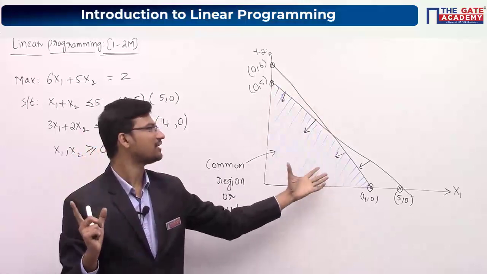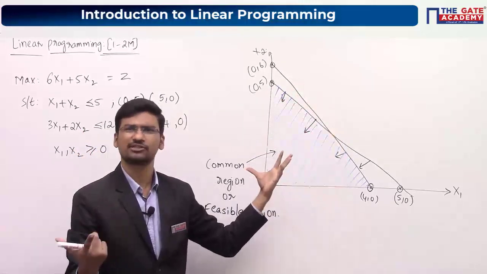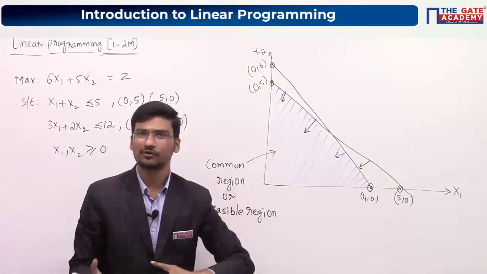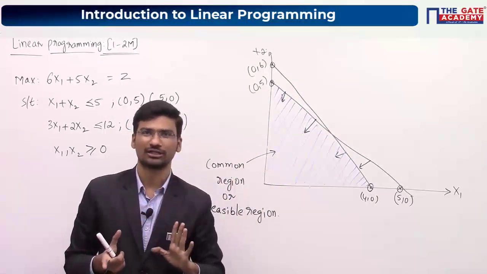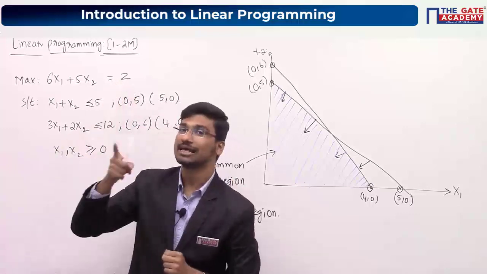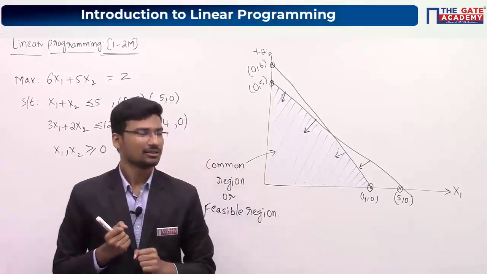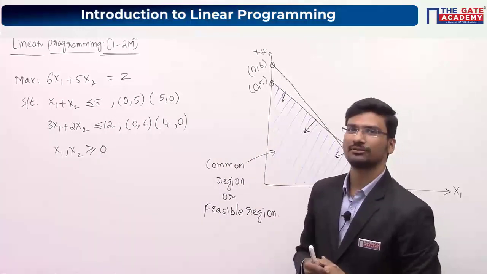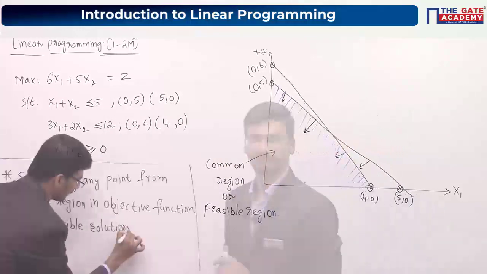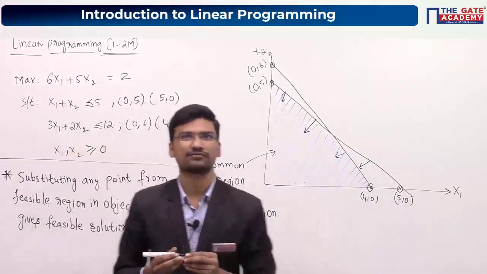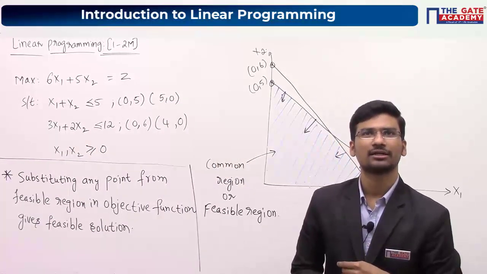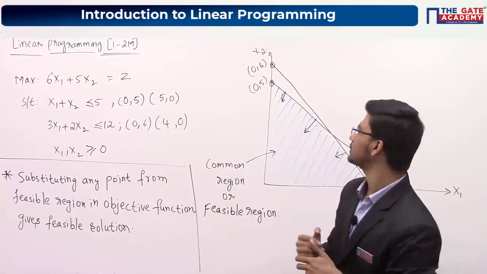You are having infinite number of points in this region, which means infinite number of solutions. But among those, you will be having only one optimal solution, where your Z value is maximum. Now how to find that particular optimal solution? Any idea? I have just written the definition for this. Corner points, okay, Anurag, Saurav, putting the intersecting and the corner points.